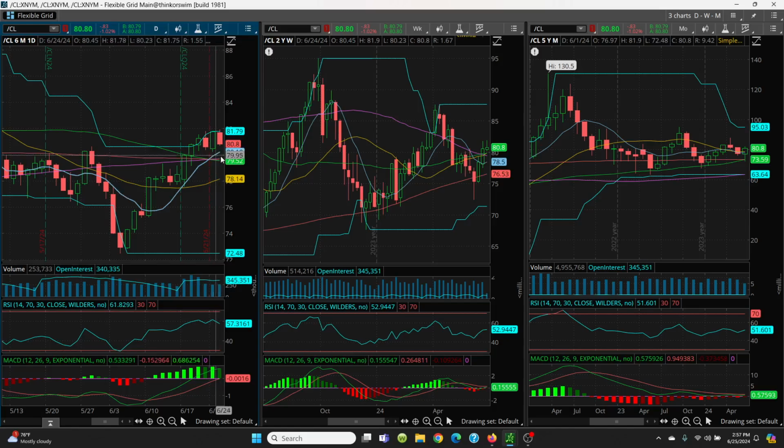Now, I'm not saying that I can't blast through there and come all the way down, but really this time frame, as long as we're holding that 8 SMA here, this just looks like it wants to push higher. So what you want to do is just trade this range here until she breaks, okay? Now, I think she's going to break here to the upside. Once you get over 81.79, then you can have a nice rally right on up here,